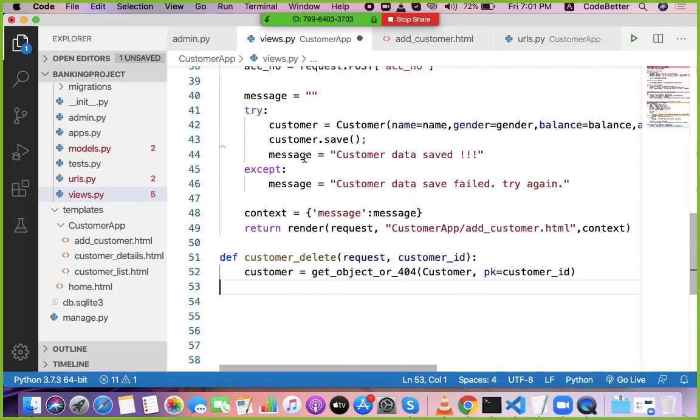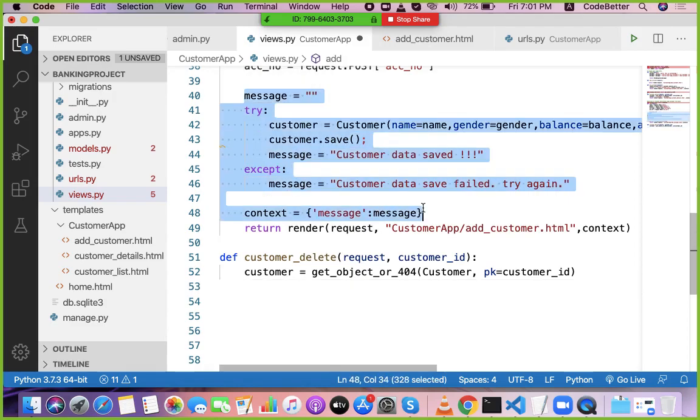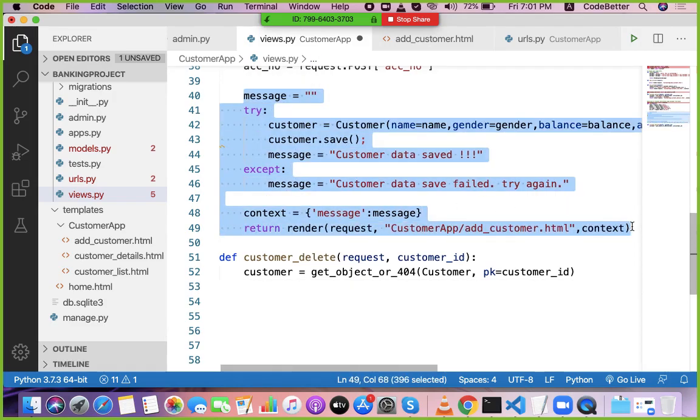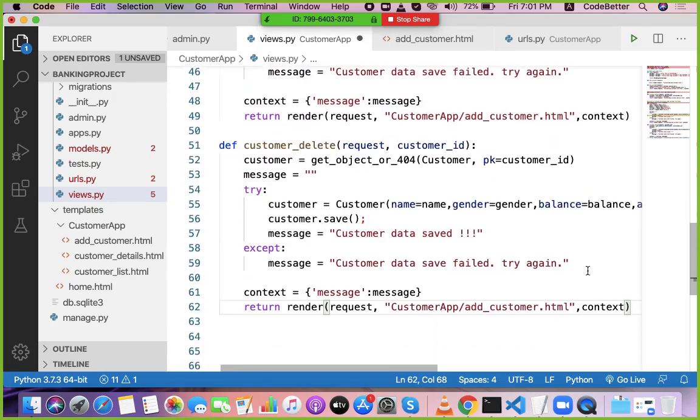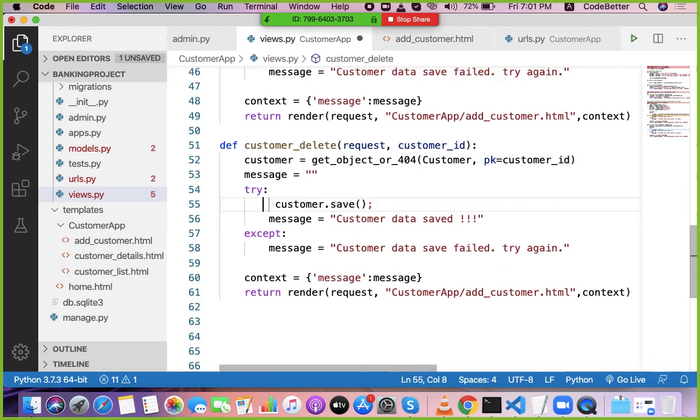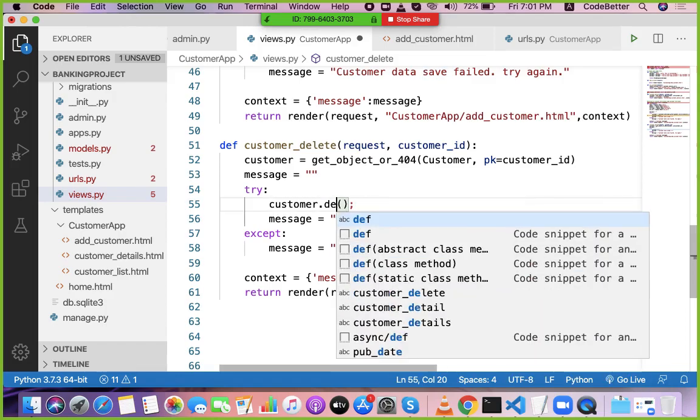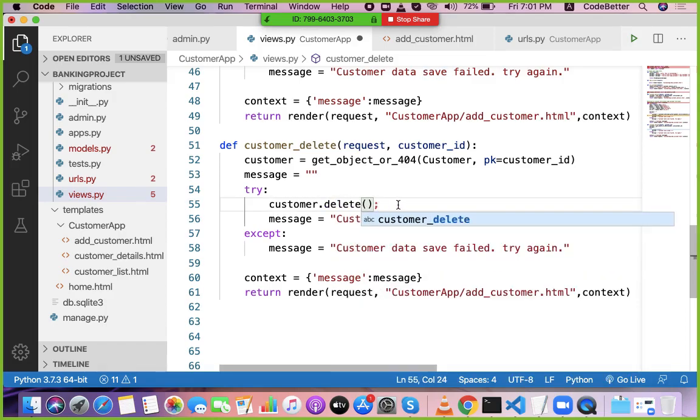The delete operation, again, you should put in the try catch. So again I will do a similar thing. I create a message and this time I will delete the customer. To delete the customer I have the delete function. And the message is, let's say, customer deleted, and customer deletion failed.